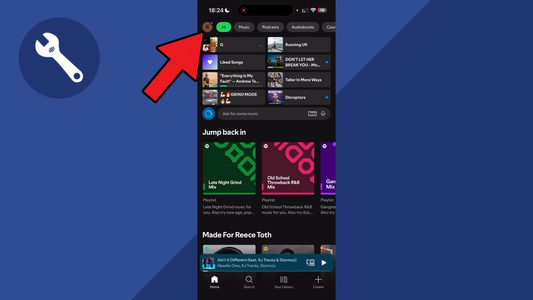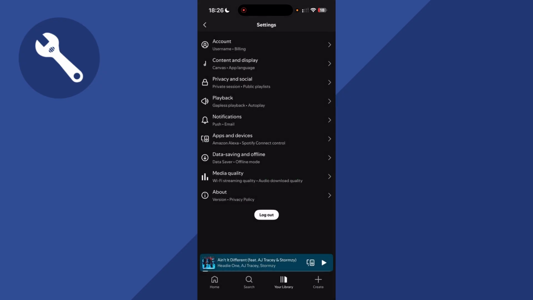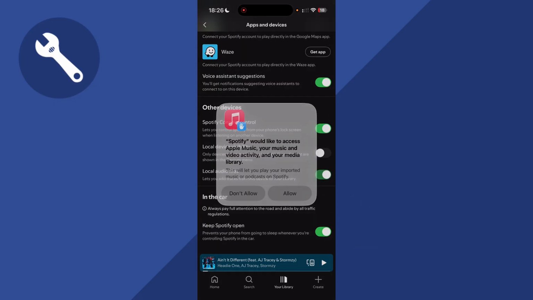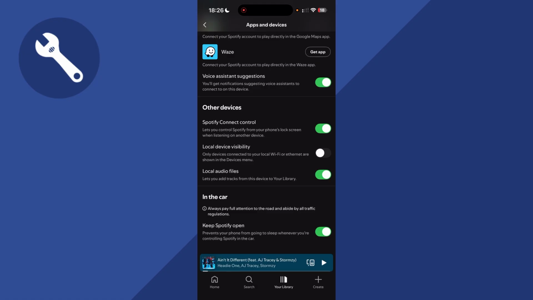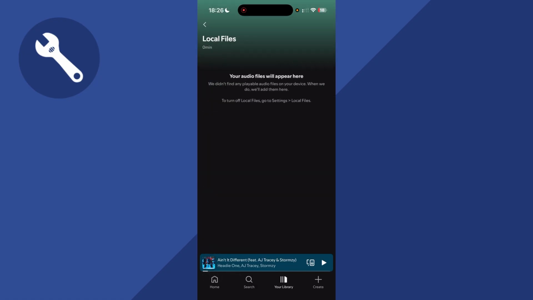And once you've done this you can go and reopen the Spotify app. Click on your profile icon in the top left and press settings and privacy. Now click on apps and devices and then scroll down to local audio files and turn this on. Now select allow and then press your library at the bottom of this page. You can now click on local files and you should now be able to find the songs that you added